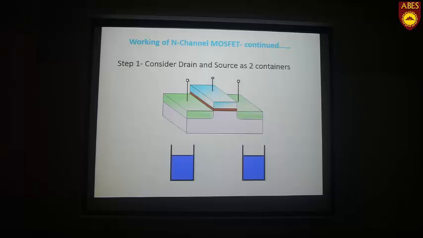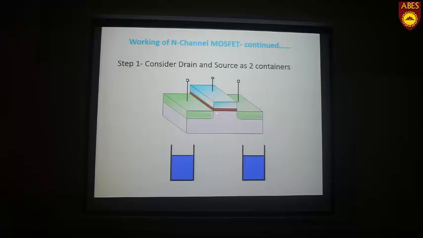Now, in the first step, at this gate terminal we apply some voltage. If we apply some positive voltage here, there is one gate oxide layer in between these two points, the metal electrode and the P substrate, so it behaves like a capacitor. Because of the capacitive effect, if we apply positive voltage here, a negative voltage comes here, which means in this P substrate region, electrons are attracted towards this plate and holes will be repelled.